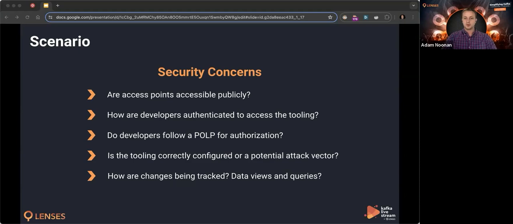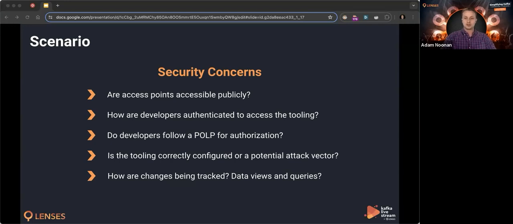And then how are changes being tracked? If using this tooling, I can deploy assets, create a new topic, change topic configurations, reset consumer offsets. How are we tracking who performed this change and when they did that? That's going to be important for, one, troubleshooting any issues. If someone comes online and accidentally reduces a topic's retention period to 10 seconds instead of 10 days, that's a significant issue. And we need to know who made that change and when and why they're able to do that,